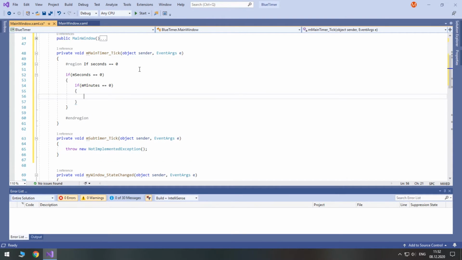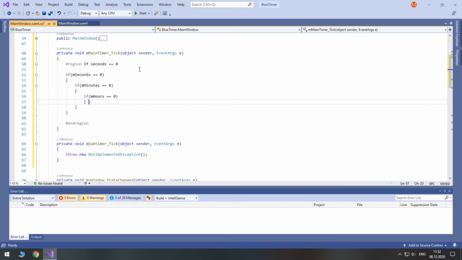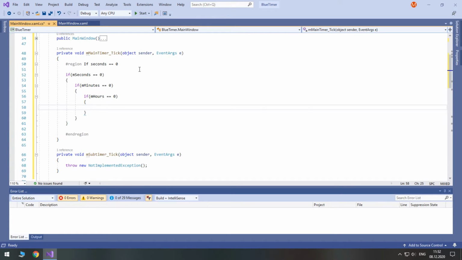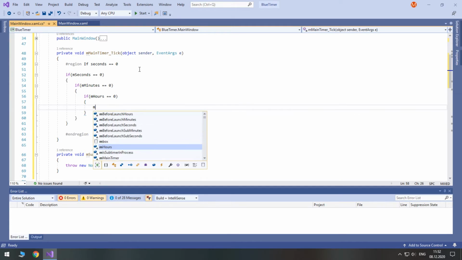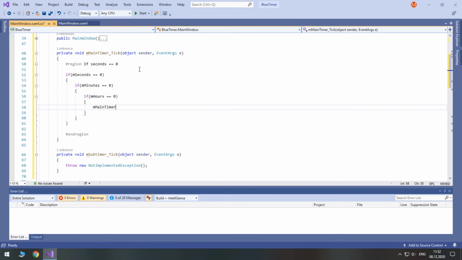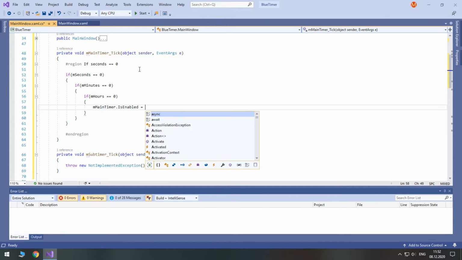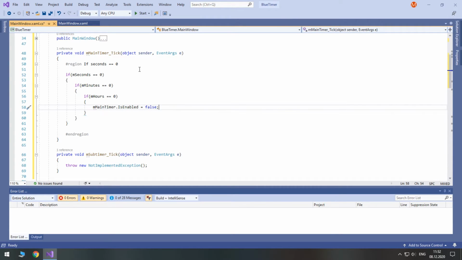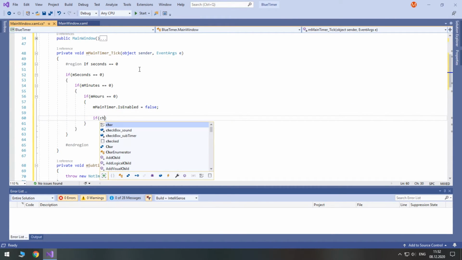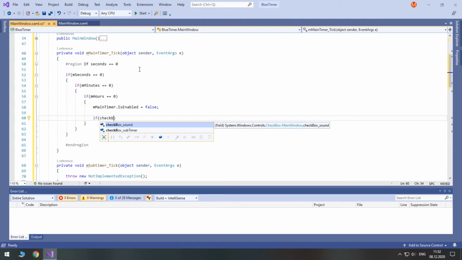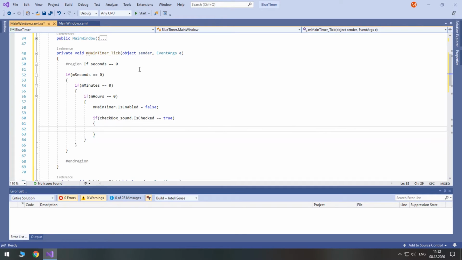And then we check if hours are 0 as well. So if everything is 0, we should disable the main timer. Then we check if the sound notification should be played. If so, we will play sound. The code for it will be in a separate method.